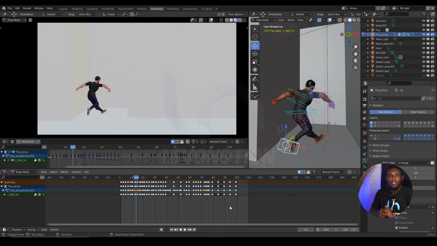To make your animation better using motion paths, all you need to do is calculate the motion path of a particular rig control for that particular character. But first, I would want you to have this in mind: currently, when you tweak the position of the character rig in Blender, you don't have live feedback yet. So to get an idea of the live feedback, you need to regenerate or refresh the motion path, and that would give you the expected result. I'm going to show you how to do that quickly now.